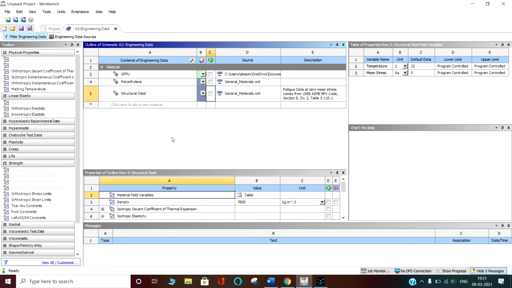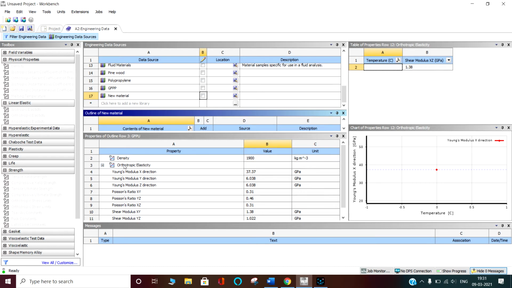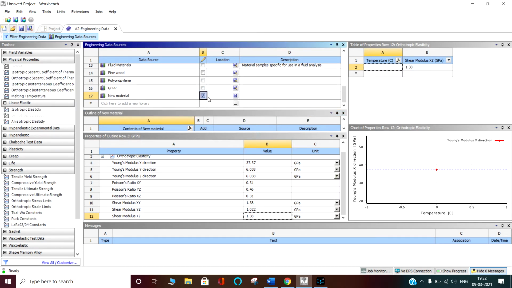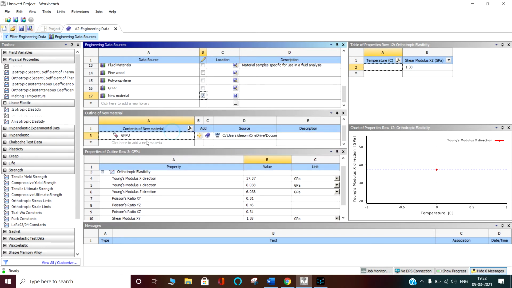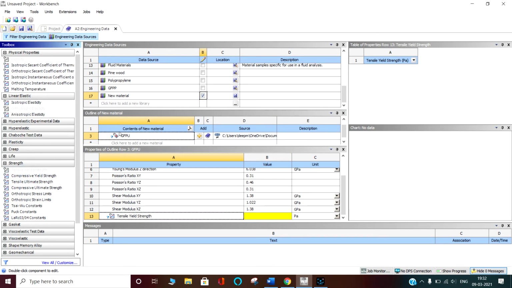You can see here structure steel, polyethylene and glass fiber polyurethane have been selected for the analysis. I am going back. In the glass fiber polyurethane, I have not defined the strength till now. You can click it here, and it goes again into the defining mode. In defining mode, you can click on glass fiber polyurethane and say, I want the tensile strength. Double click on tensile strength, it came here and again a single question mark came.